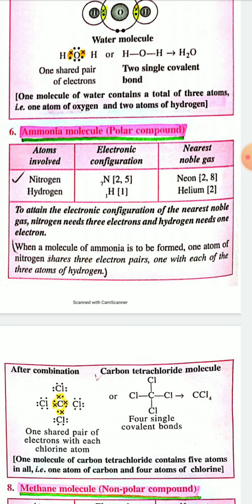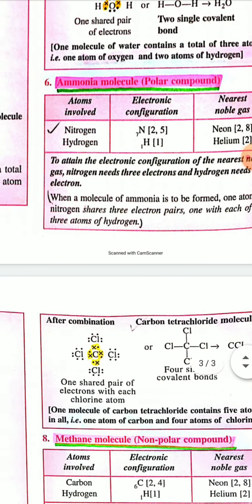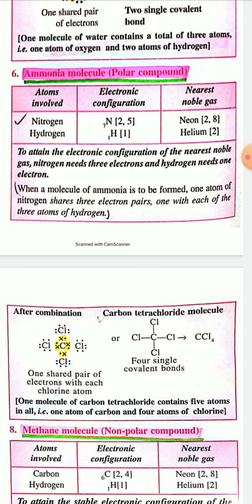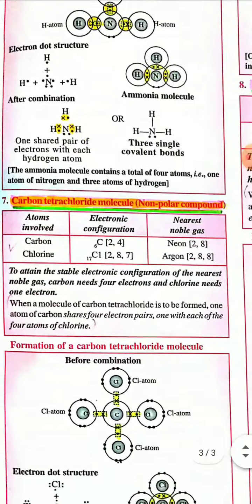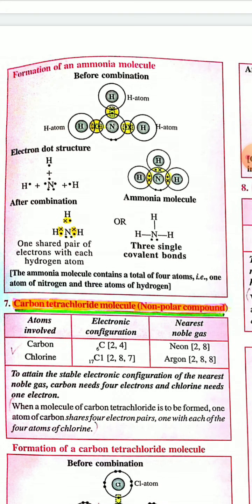Then when a molecule of ammonia is to be formed, one atom of nitrogen shares 3 electron pairs, one with each of the 3 hydrogen atoms. So here you can see the orbital diagram or orbital structure of the ammonia molecule and the electron dot structure of the ammonia molecule given. And here you can see the 3 single covalent bonds